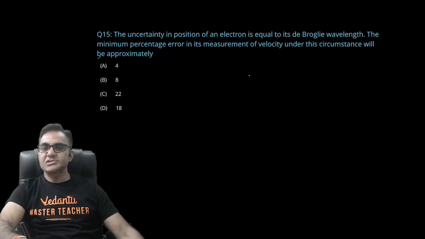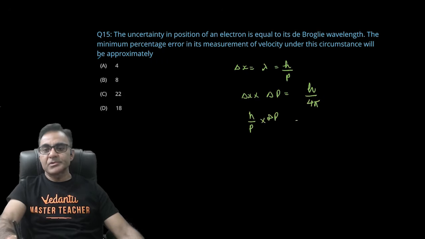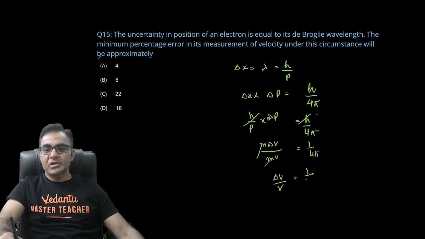Uncertainty in the position of electron is equal to de Broglie wavelength. Uncertainty in the position में डेल्टा x ले लेता हूं which is equal to lambda, which is equal to h upon p. p is momentum और डेल्टा x into डेल्टा p is equal to h upon 4 pi। अब डेल्टा x मुझे पता है h upon p into डेल्टा p is equal to h upon 4 pi, तो h कैंसिल हो गया, डेल्टा p को मैं लिख सकता हूं m डेल्टा v अपॉन m इंटू v, m कैंसिल हो गया, 1 अपॉन 4 पाई। ऑलराइट, और डेल्टा v अपॉन v इज कमिंग आउट टू बी 1 अपॉन 4 पाई।